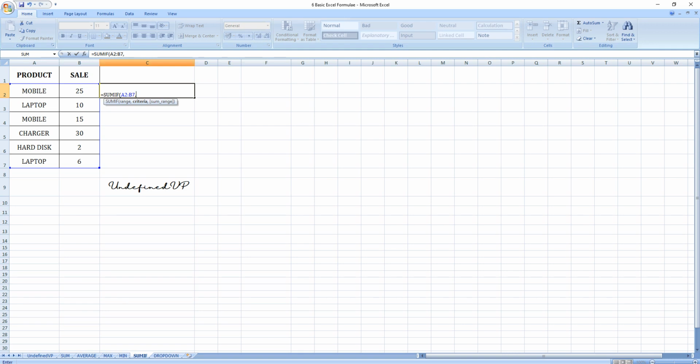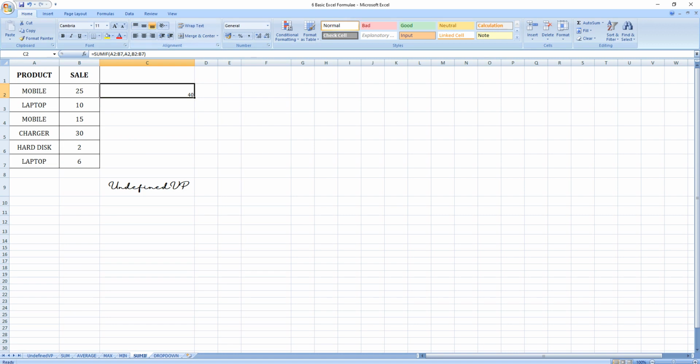Now I want the sum of the mobile product from here to here. Then comes the sum range, from where to where it has to add. So I will give the range here, bracket close, enter.